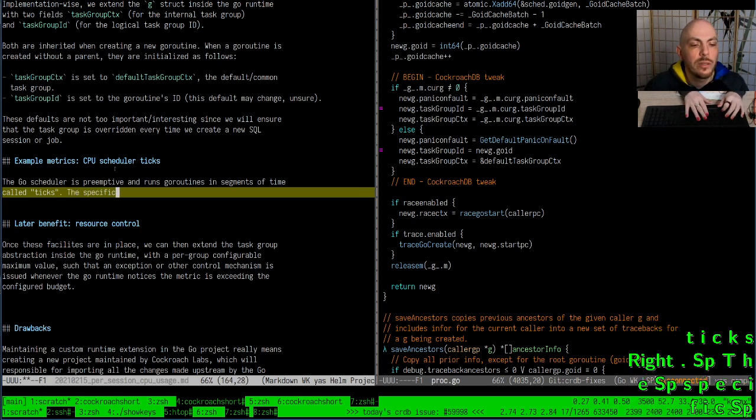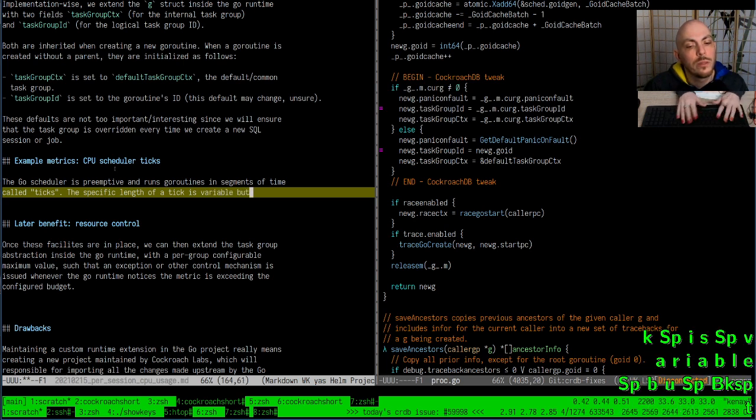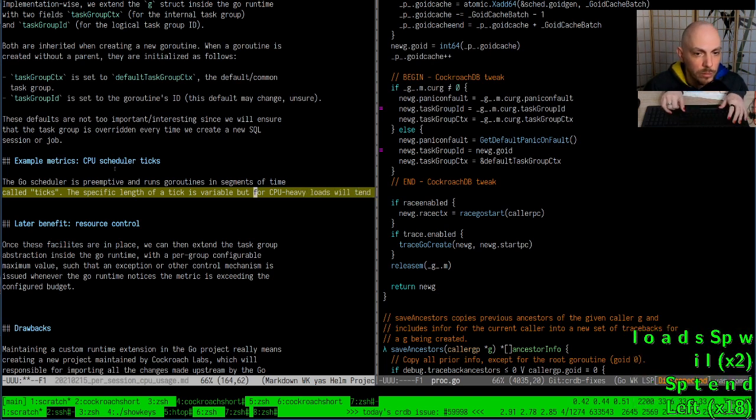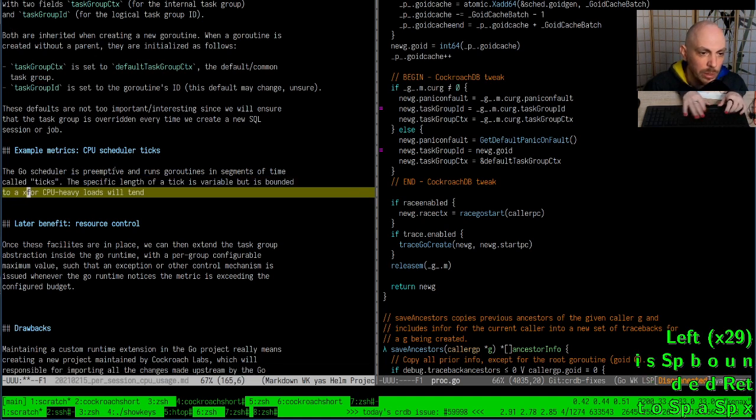The specific length of a tick is variable, but for CPU heavy loads it is bounded to a maximum, which is quite small, less than 1